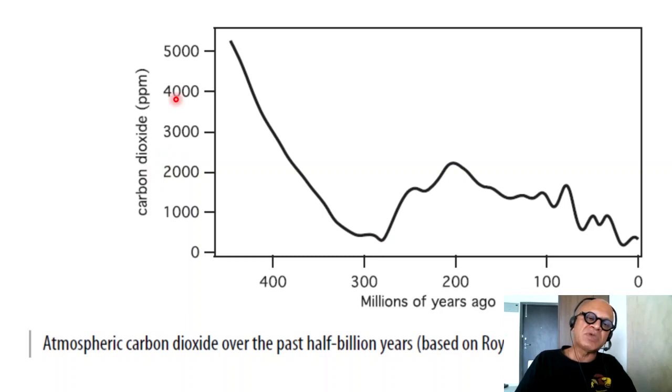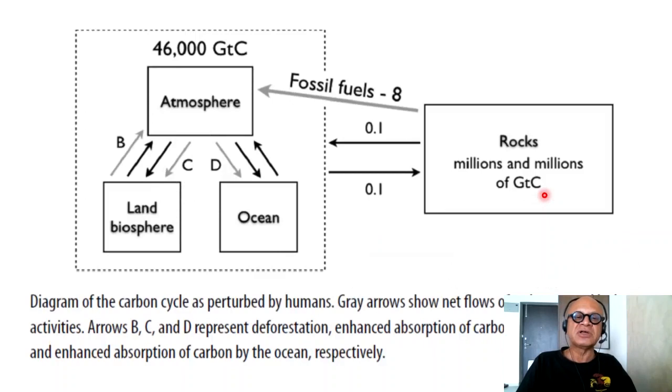Carbon dioxide in ppm in the atmosphere, you went from over 5,000 down to less than 1,000, a few hundred, increased back to over a couple of thousand, and over the last 50 million years we are cooling and carbon has dropped, and the global warming and anthropogenic emissions are happening in this context, because you should always remember that when you go back to the time of dinosaurs, it was much warmer and the carbon dioxides in the atmosphere